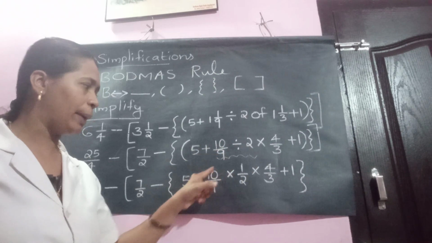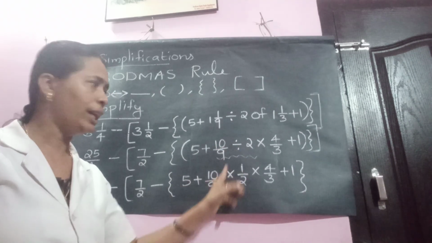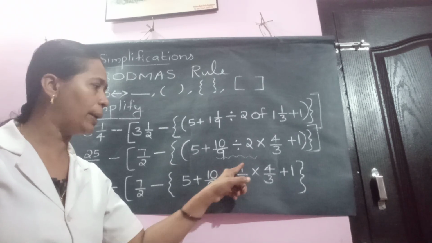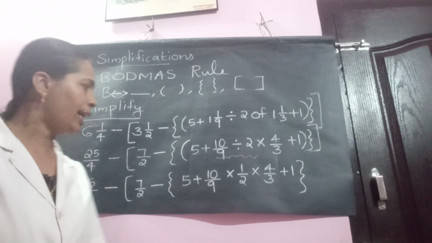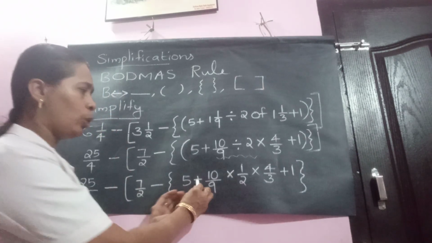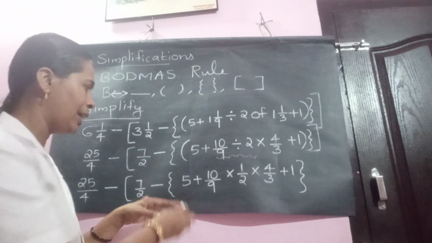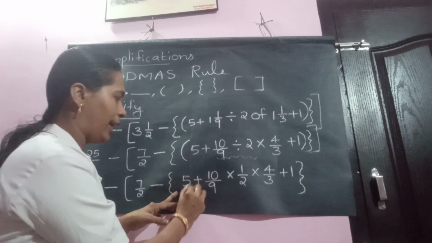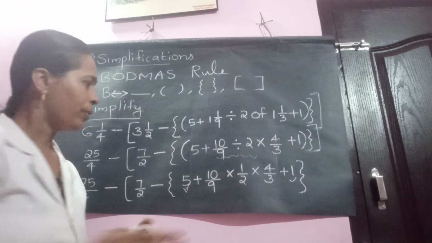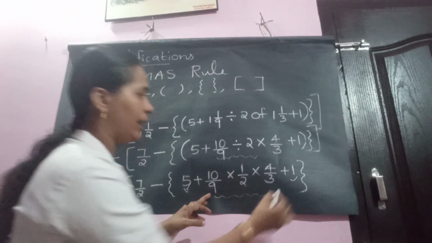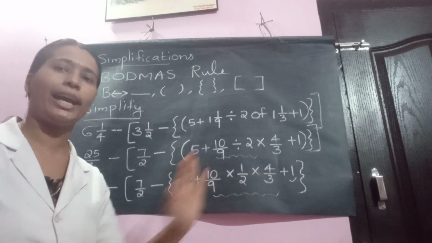Teacher has written 10 by 9 has no change. Teacher changed this symbol as into. Then 2 becomes reciprocal 1 by 2. Remaining 4 by 3 has no change. Plus 1 also has no change. Now we have only 4 operations. That is 2 plus and 2 into. So what teacher is going to do in next step is combining these terms. That is 5 and 1 teacher can combine because 5 plus 1 already understood how much? 6. And remaining 3 numbers teacher is connecting multiplication of 3 fractions format.